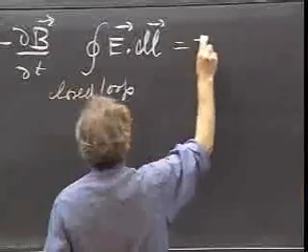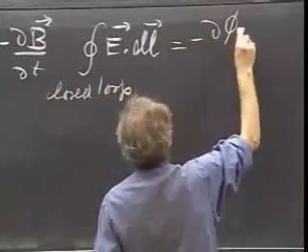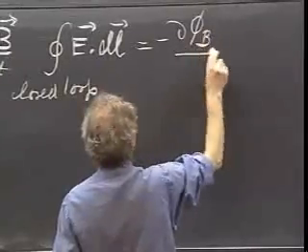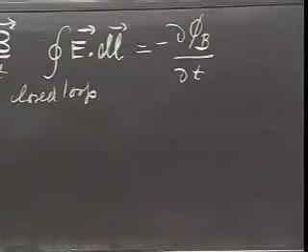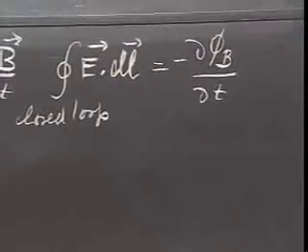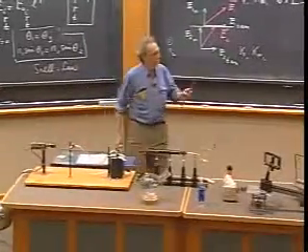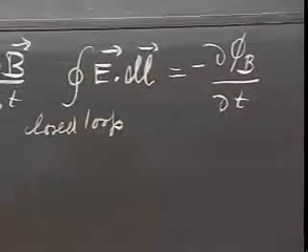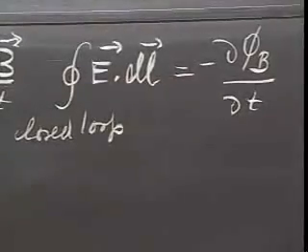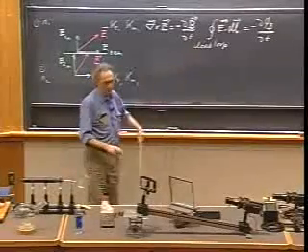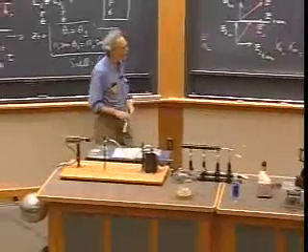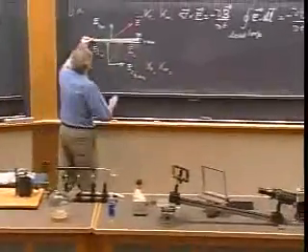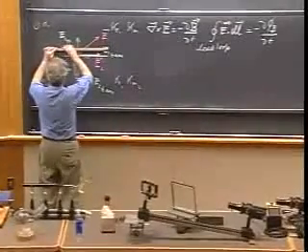That now equals minus d phi. Let me put a B there. It's a magnetic flux change. This is the magnetic flux change through a surface that is open and that is attached to that loop. You can choose any loop you want to. You can even choose any surface, provided it is everywhere attached to that loop. And then Faraday's law holds. An amazing law, truly incredible. It always holds.